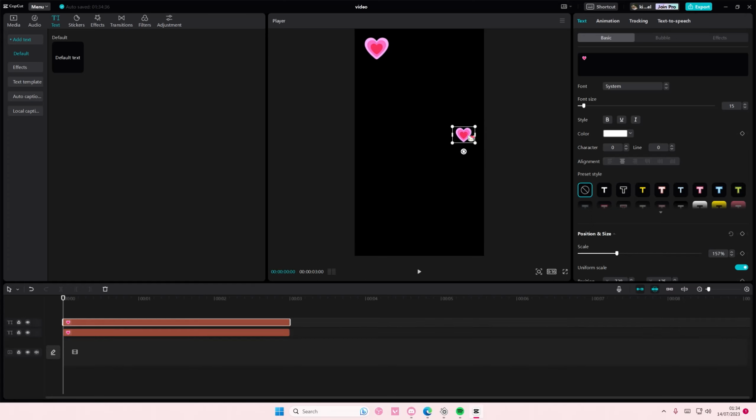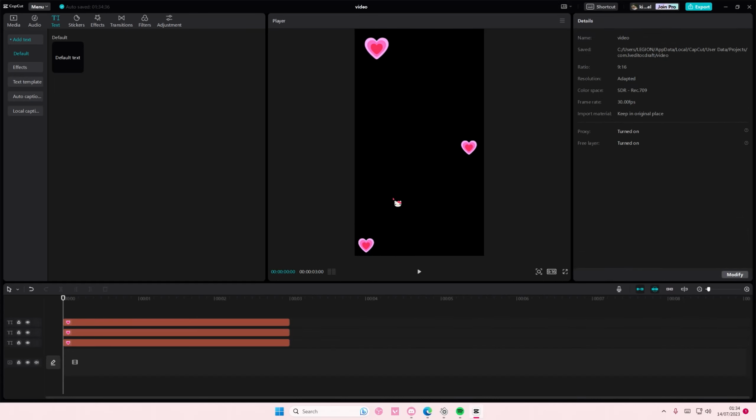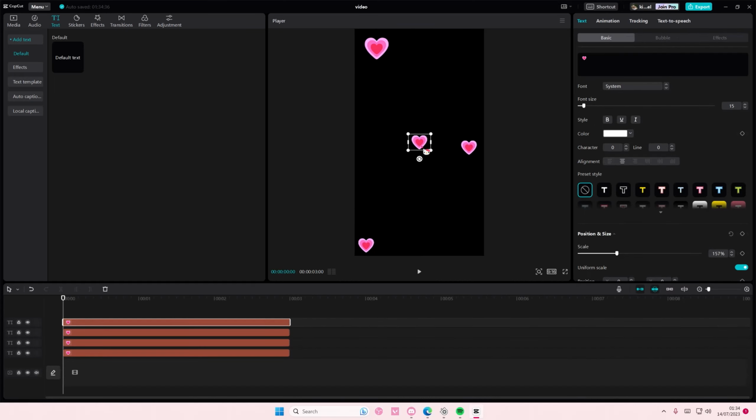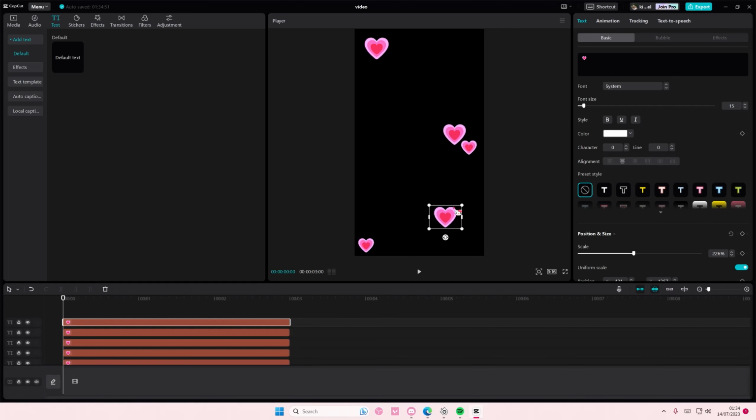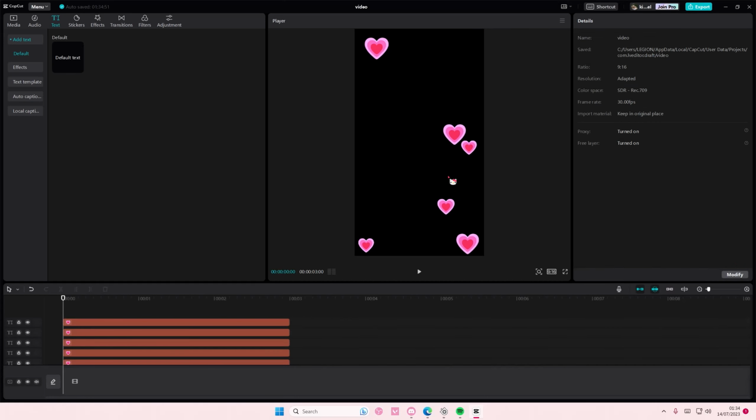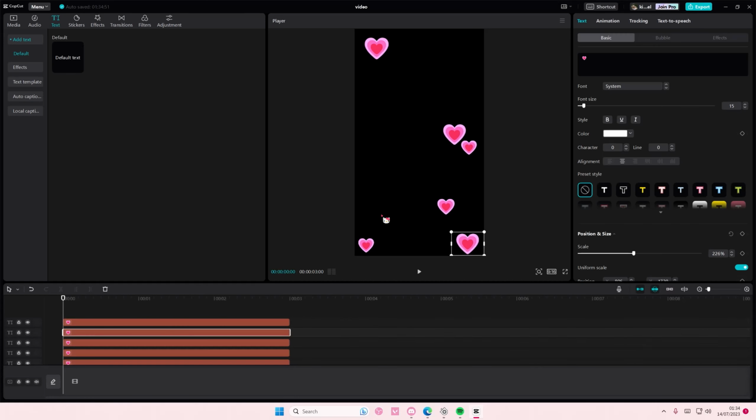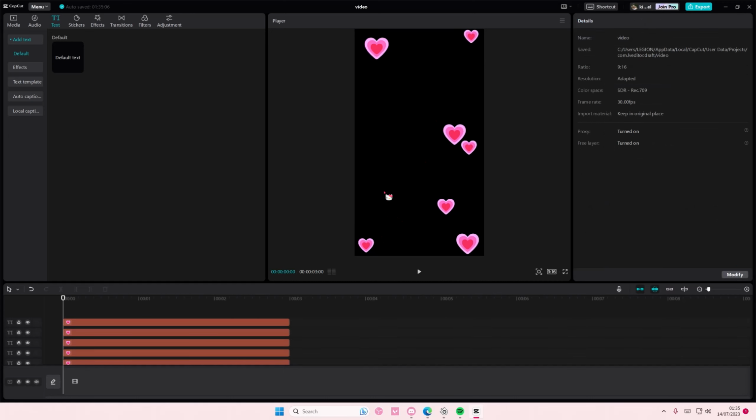You can change the emojis of it as well, but I'm just going to stick with one like that. Just move it around. Maybe put it there, and then another one there. I'm just doing it randomly, honestly. Oops, did not copy and paste that. Okay, it's whatever, but